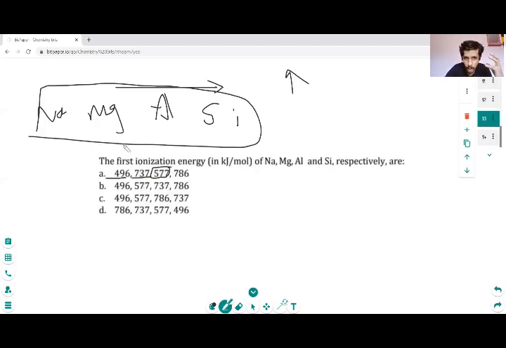In these questions, you have to focus when you are reading, because for other things, if you know the concepts, you can answer most of the questions. Around 90% of questions you can answer just with the concepts. But here you have to know the fact. Among these, there is a small exception. Other than that, most things, like isoelectronic species, ionic radius, or which has the higher size and which has the lower size, you have to know the concept.